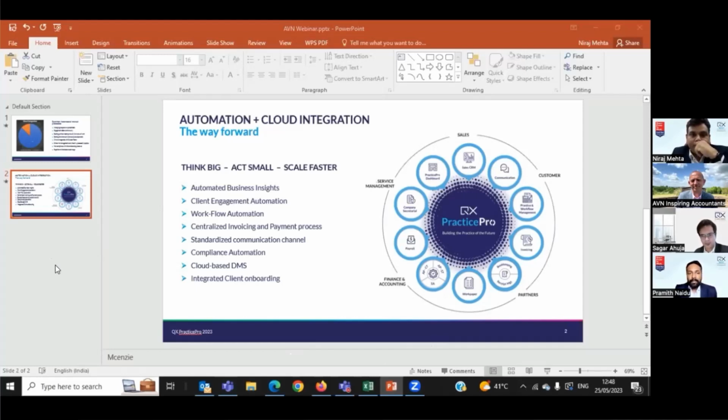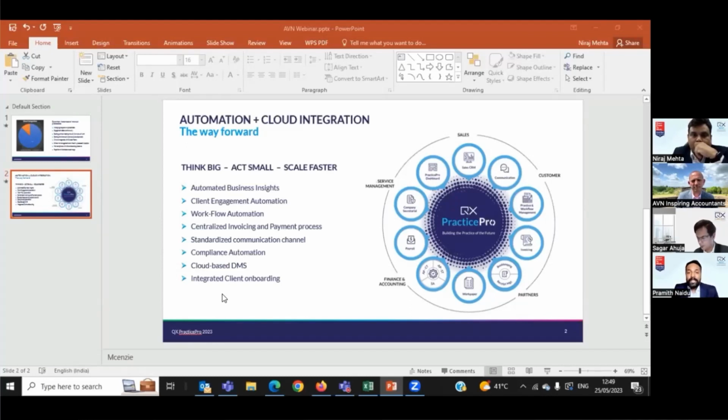The idea is that we don't want to shift you away from your existing software. It's as good as asking for your soul, but the purpose is to make sure that we are able to create an integrated environment within the tools that you are currently using. In addition to that, we're also here to suggest what works best, because we work with 200 plus accounting firms across the UK, and we are able to share some best practices with you, looking at how other practices have integrated the systems and adapted to new processes.